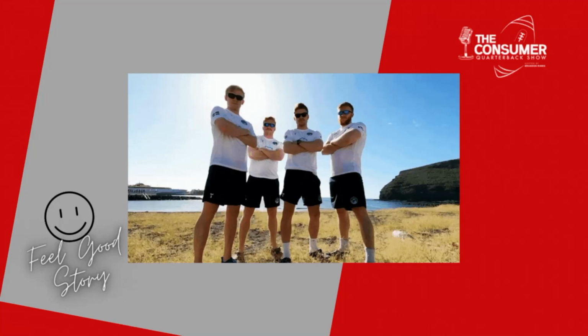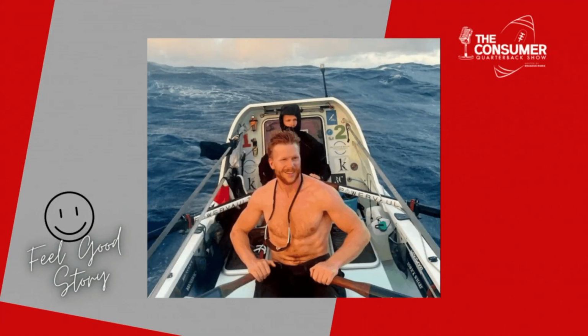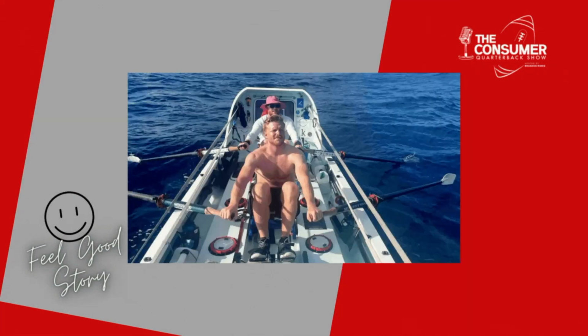3,000-mile row across the Atlantic to raise money for charity. So the four brothers will set a world record as the first rowing team made entirely of brothers to cross the Atlantic. The adventurous brothers are two sets of twins, 26-year-old Jack and Hamish, and 24-year-olds Yuan and Arthur,